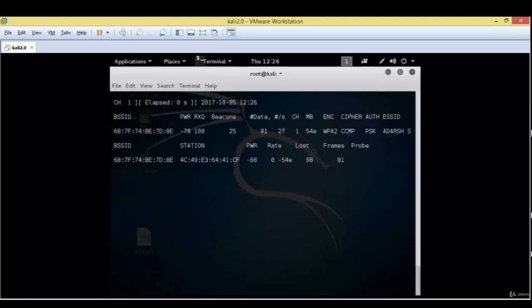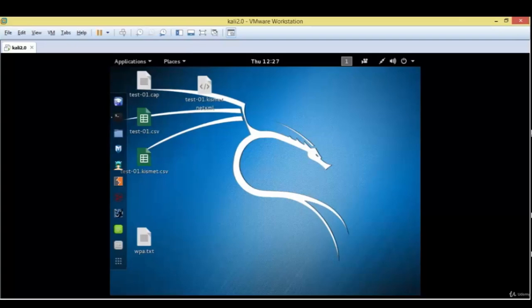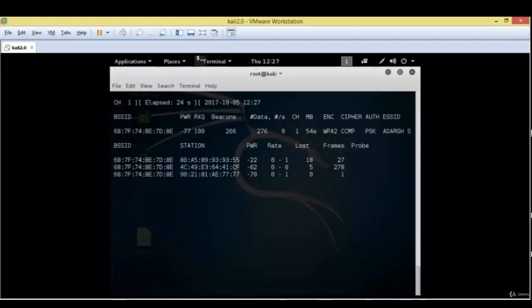Now it's time to send the deauthentication packets to steal the authentication. But before continuing to our next command, see the files created on your desktop. So these are the files, and in this file, our captured packets have been saved. Now open a terminal and then use our next command, which is